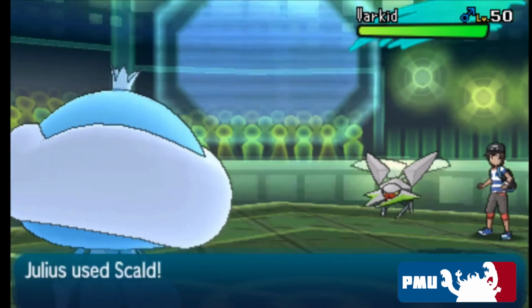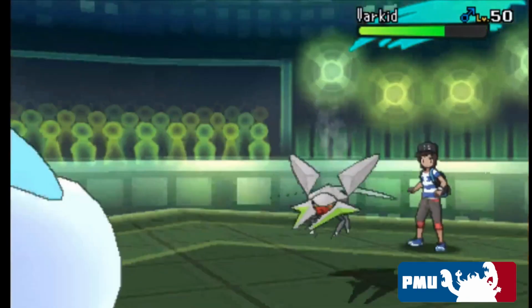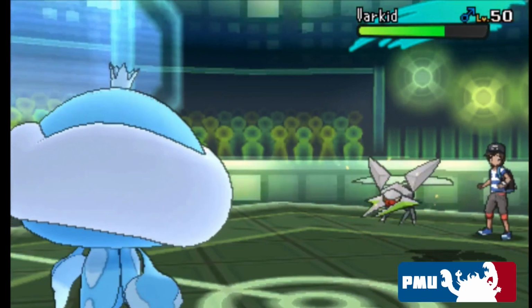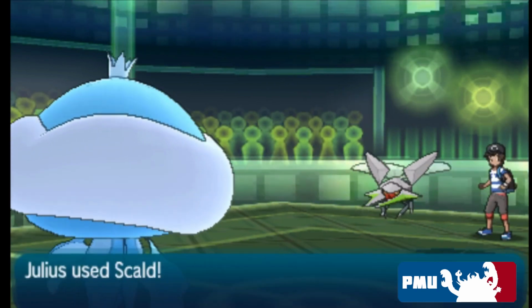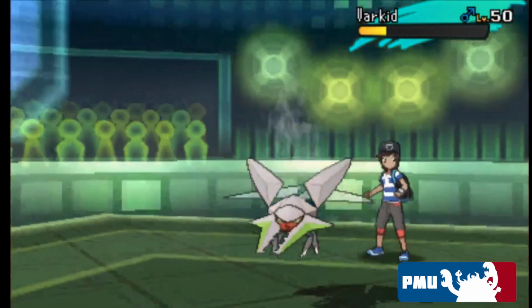Shiny Vikavolt, very nice. I just go for the Scald, and we do luckily get the Scald burn against this. By that damage calc, it did show that he was an offensive set, whether that be Choice Scarf, Life Orb, or anything else like that. And right here, I predicted he would go for the Bug Buzz because Jolteon would be switching in and taking the